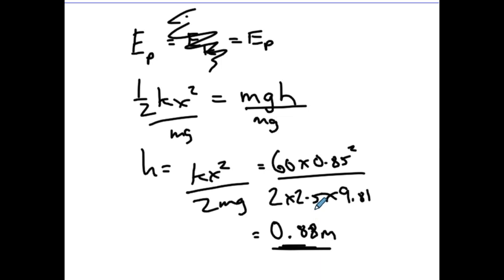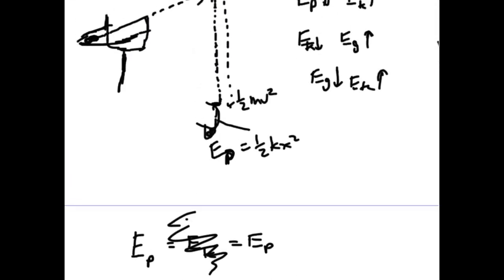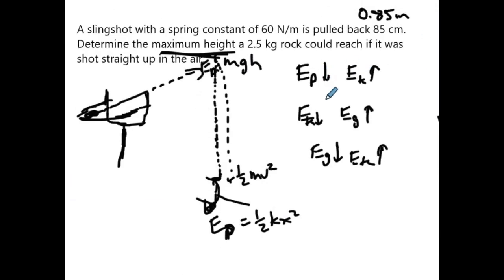I mean, it's a pretty heavy rock, actually. It's 2.5 kilograms. That's probably one of the reasons why it didn't make it very high. So, okay, quick recap then. Let's talk about what we accomplished. We had to build our own formula using the law of conservation of energy. So as long as you can keep track of what we're discussing, there was potential energy due to the spring